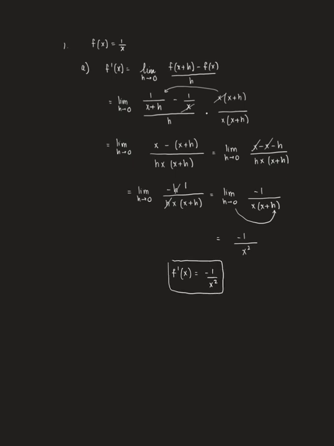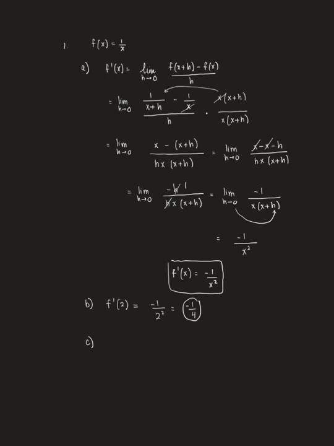Part B of this problem asks us to evaluate this derivative when x is equal to 2, or to find f prime of 2. So we'll put 2 into our derivative function. That gives us negative 1 over 2 squared, or negative 1/4. And so that's the slope of this function when x is 2. And finally,